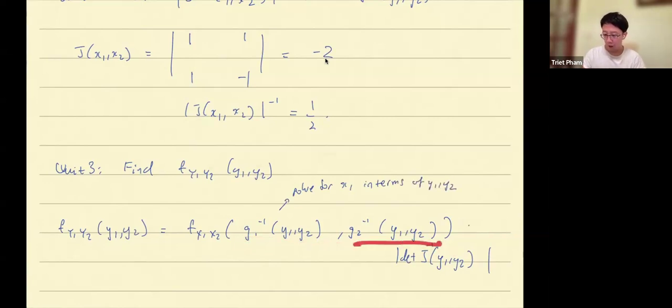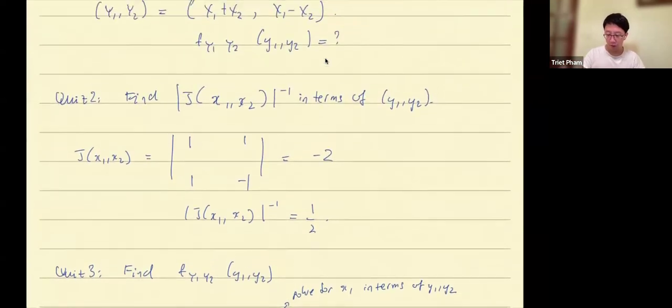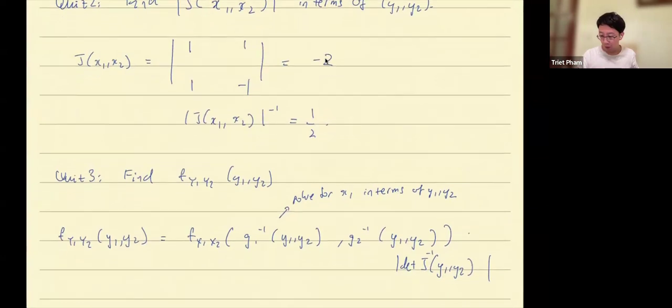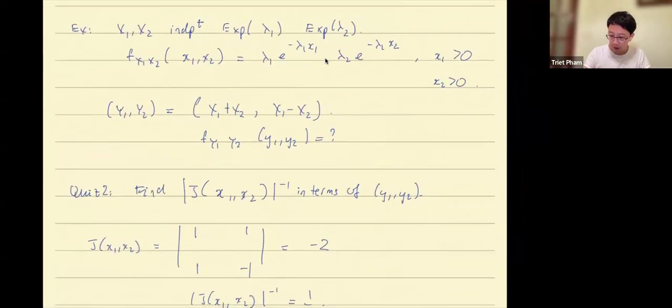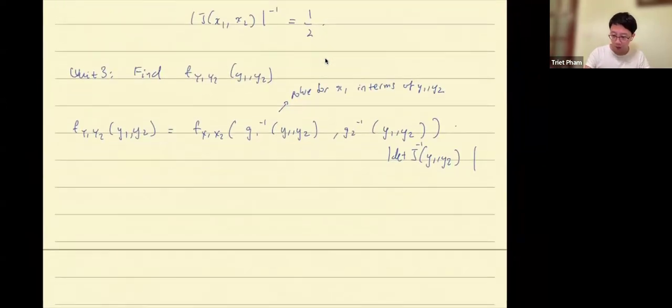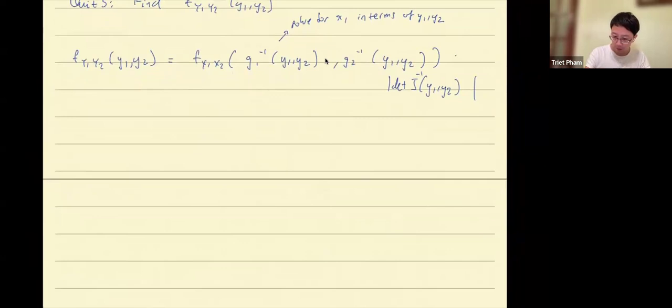And you solve for x2 in terms of y1, y2. And this really is the other determinant, the other Jacobian, meaning that you solve for y1, y2, you have the G inverse function, and you take the Jacobian, right? Let me show you. But this really is the spirit. But anyway, let's take a look. For example, here, if y1, y2 is this, then if you solve for x1, x2 in terms of y1, y2, you get